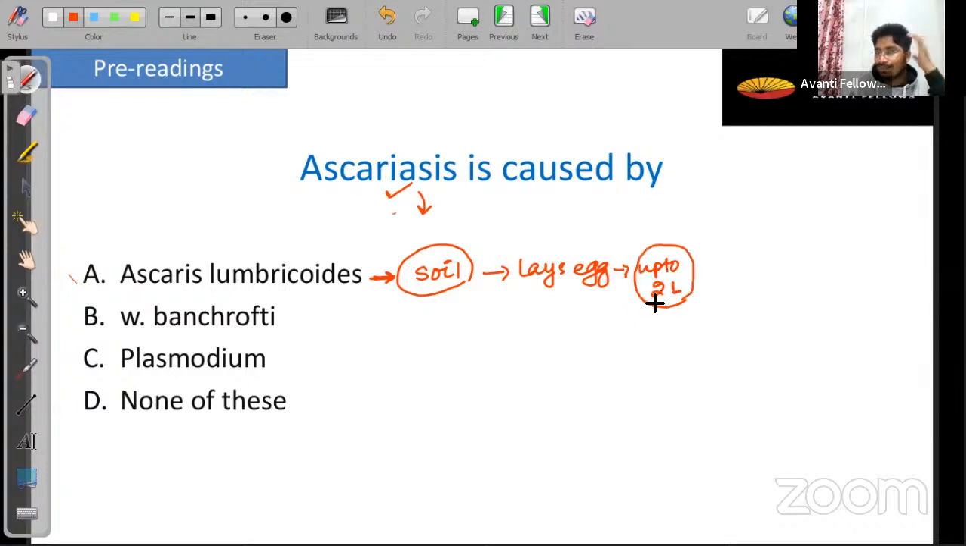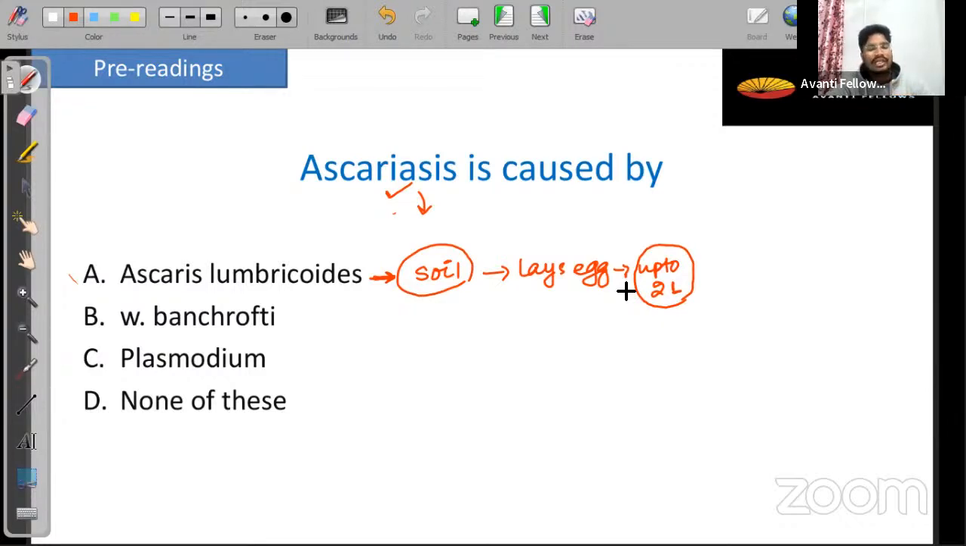It generally affects kids, the small children. Why? Because kids generally play in the soil, in dust and clay soil, right? And without washing their hands properly, they have their meal. So through that unwashed hand, the Ascaris lumbricoides or the egg laid by it will enter